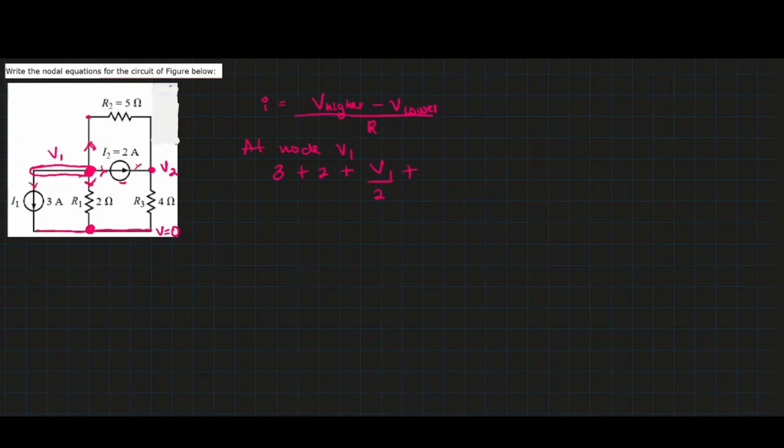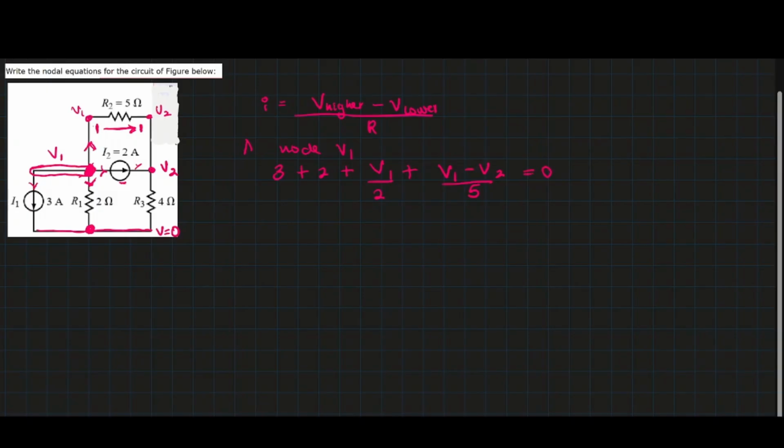The node here is the same thing as the node here because this is just a wire. So don't start thinking this is a different node. It's just the exact same node as what is here. So this is going to be V1 because voltage drops across the resistor. At this point, the voltage is higher. Then after it drops, voltage will be lower at this point. So this point is V1, this point is V2. So it's going to be V1 minus V2 all over 5